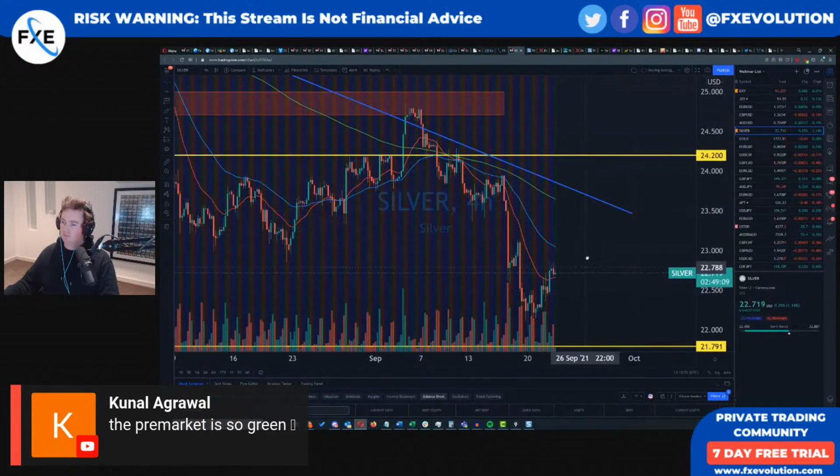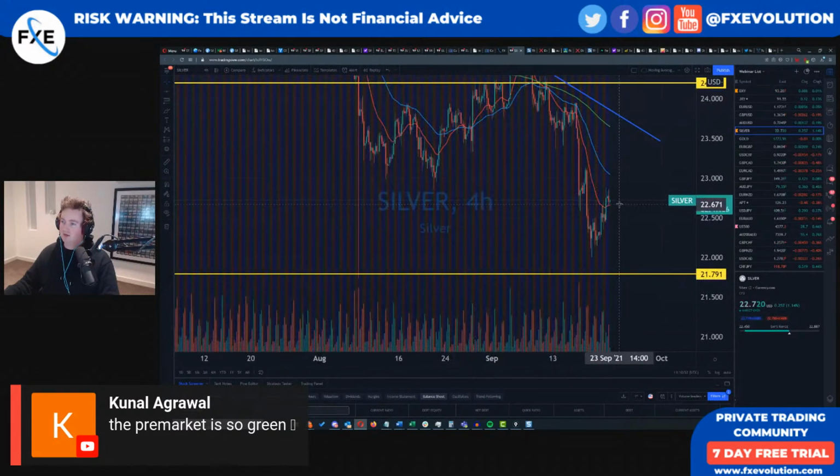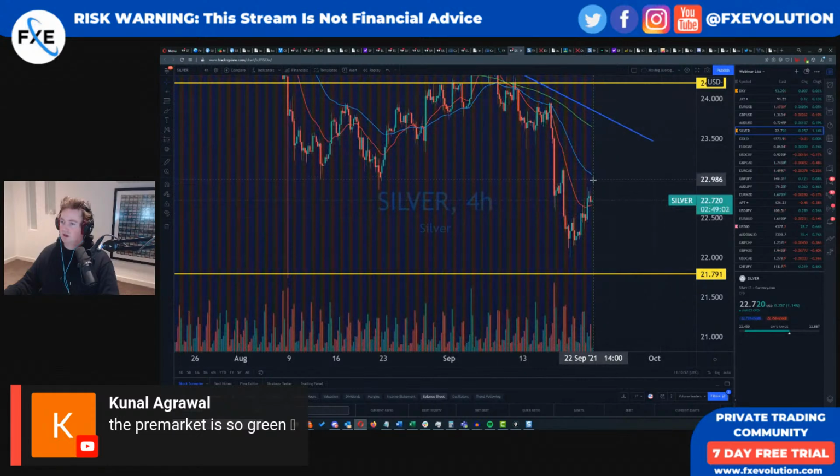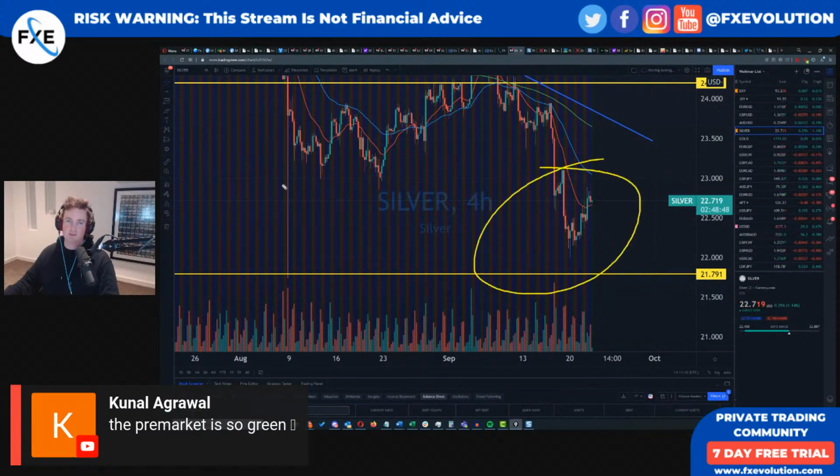Let's take a look at silver here. So silver, another one that is not as high. So silver still remains weaker than gold. See, silver should be at 23 by now. Previous supports should be acting as resistance. I don't think it should be here. I feel like it should be at 23. So silver still weaker. I think gold is the better technical trade right now. And when silver regains its strength, that will be the one I look at.